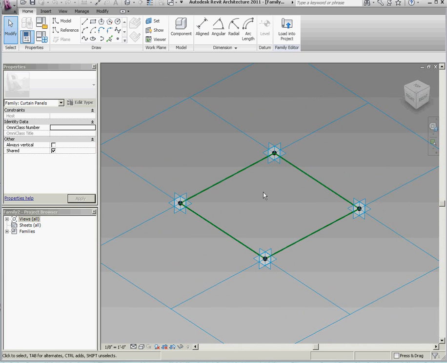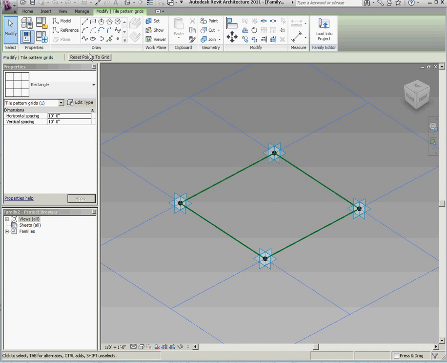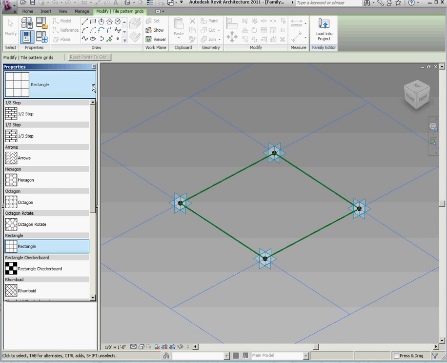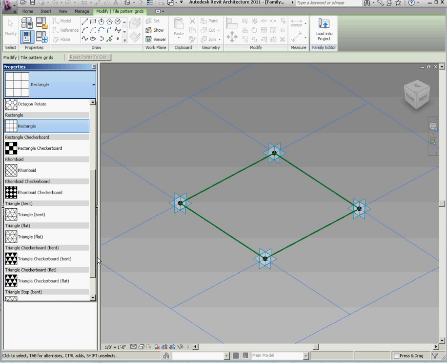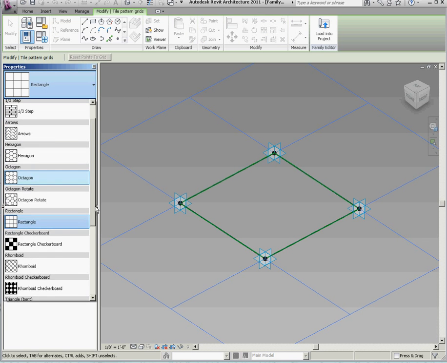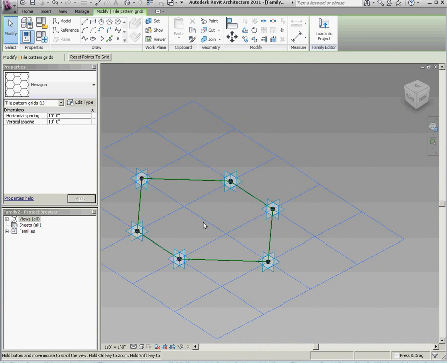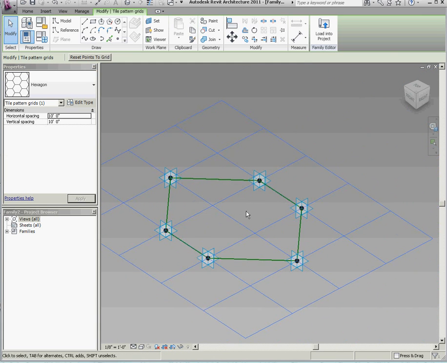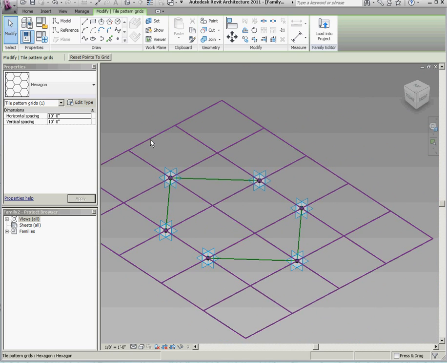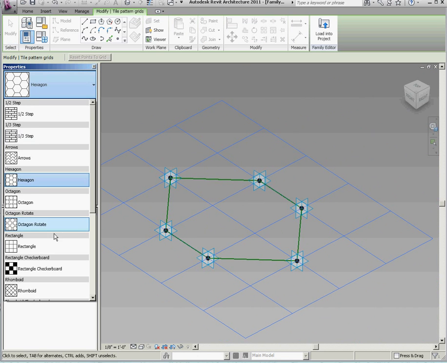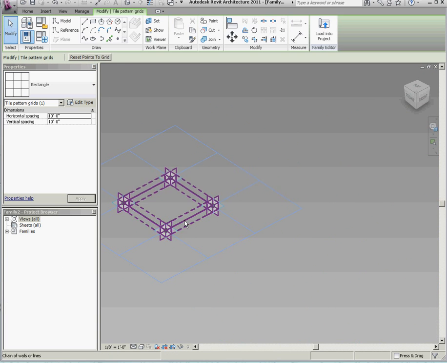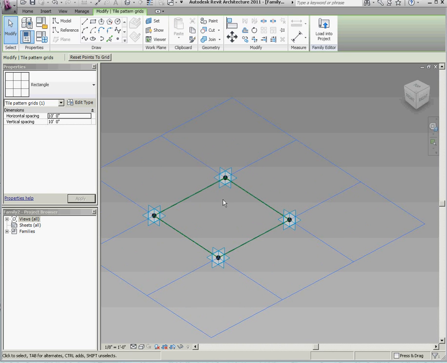schedule their lengths very well, partly because if you have a curtain panel that's, say, a hexagon, the old curtain panel, sort of guaranteed length and width doesn't really make sense when you're in something like this. So it isn't something that's sort of a guaranteed parameter. So I'm going to go back to a regular rectangle. I'm going to show you how to use reporting parameters to actually make schedulable lengths and widths of these sorts